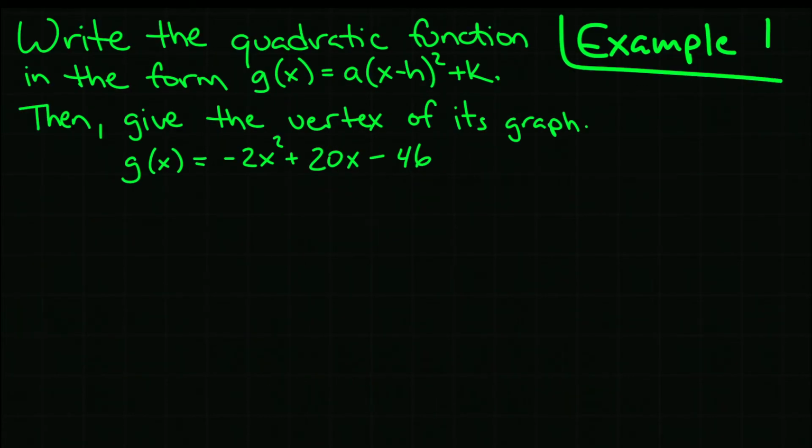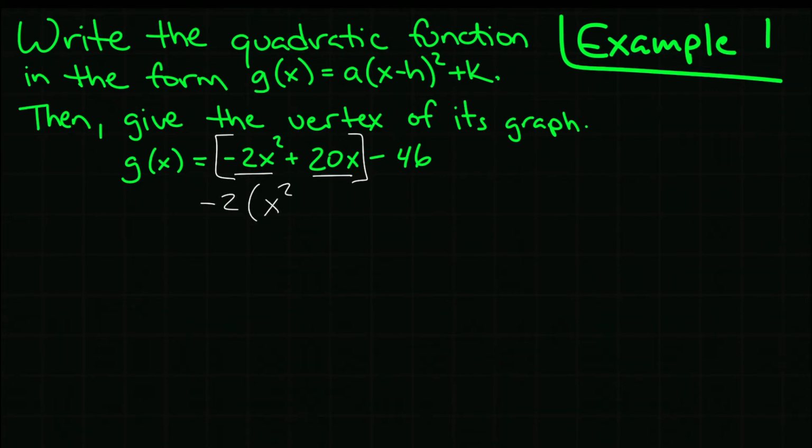So here in our first example, we have: write the quadratic function in the form of g of x is equal to a(x minus h) squared plus k, and then give the vertex of its graph. Here's the function. G of x is equal to negative 2x squared plus 20x minus 46. So to do this, we're going to first look at our first and second term. We're going to see that there's a relationship between them because there's a negative 2 in both of these. So if we factor that negative 2 out,